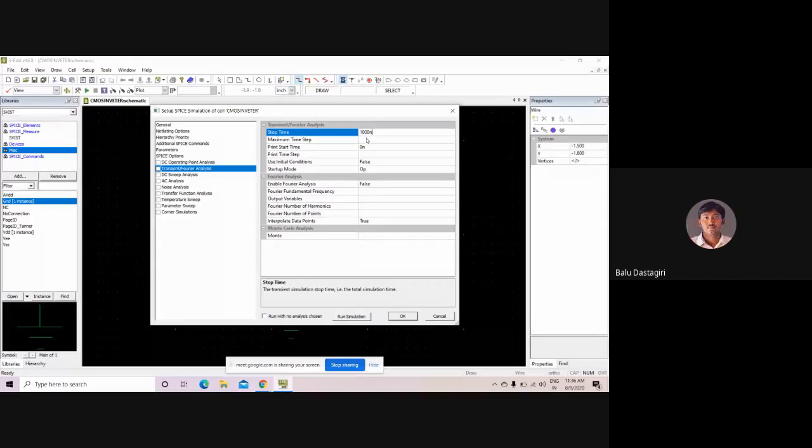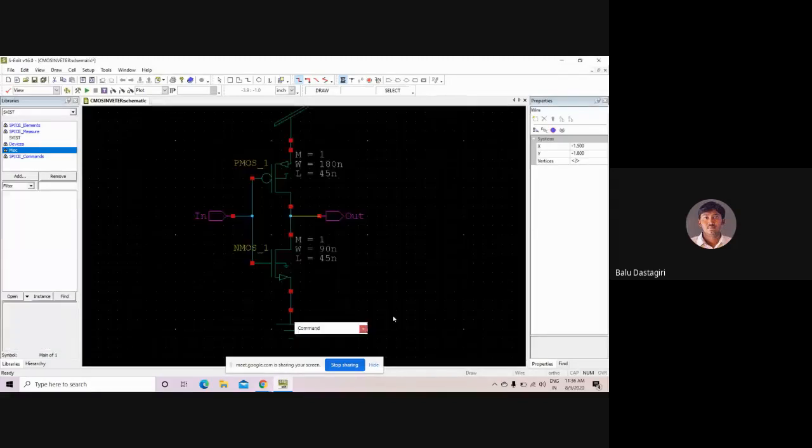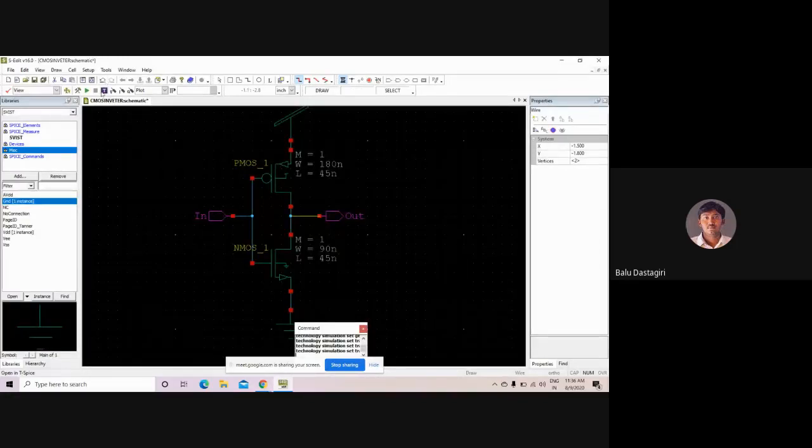After that, the print time step. So the print time step is 10 nanoseconds, and the maximum time step is 10 nanoseconds. So these are the simulation settings you can take. Next, select this simulation here. Now if you click on OK, next there is a T tab here. In the tab you can see T, which opens in T-Spice.